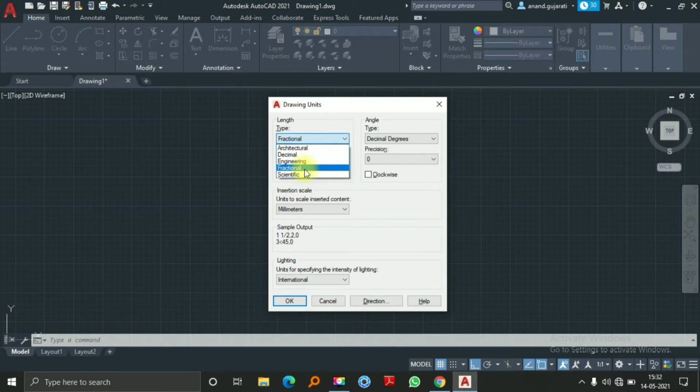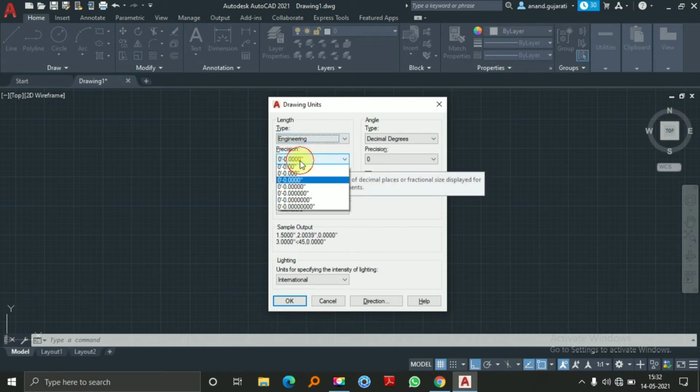So what is the difference between these length types? For example, when you select architectural, in the precision window you will get fractional amounts. For example, 0, 1/2, 1/4, 1/8, 1/12, 1/16, 1/32. When you select decimal, you will get 0.0, 0.00. When you select engineering, you will get the double-dash format.